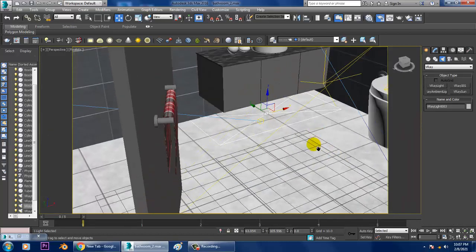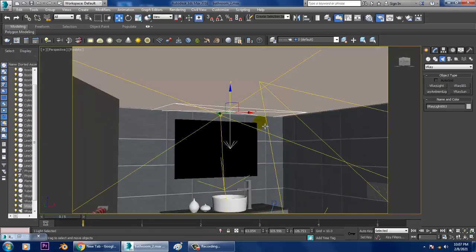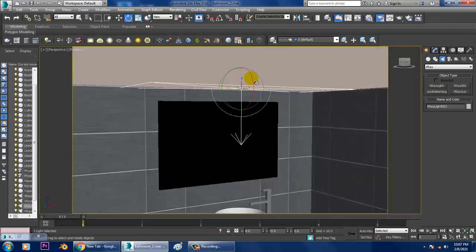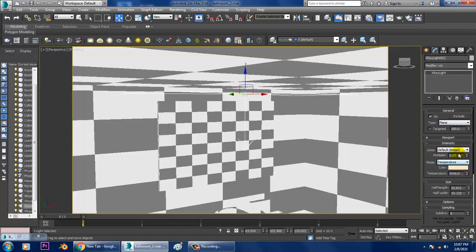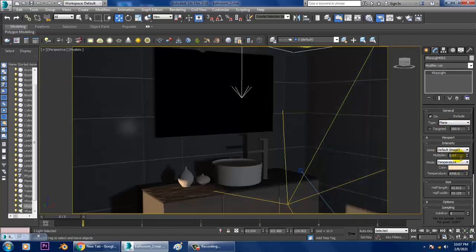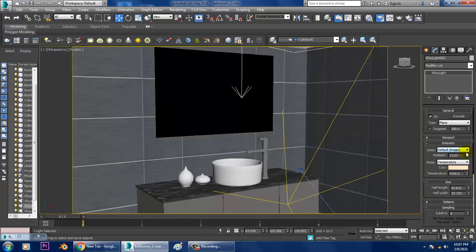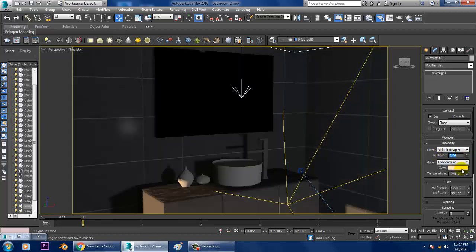So I can slightly push it up over here, push it out, and definitely I can make some changes if required. If I go over here and increase the multiplier, I don't want to increase the multiplier much. I'll set the multiplier as 0.04,